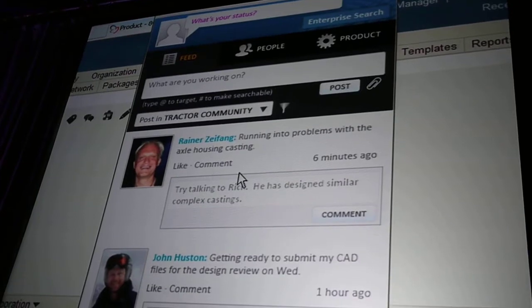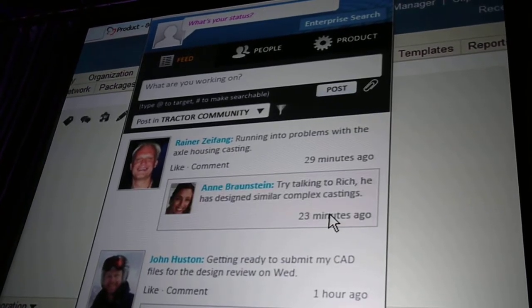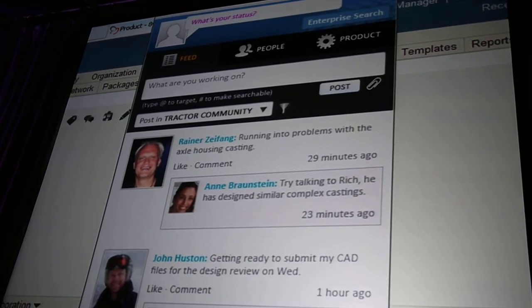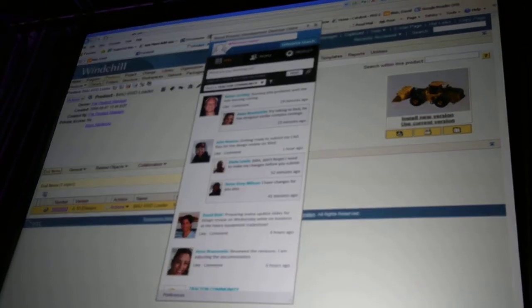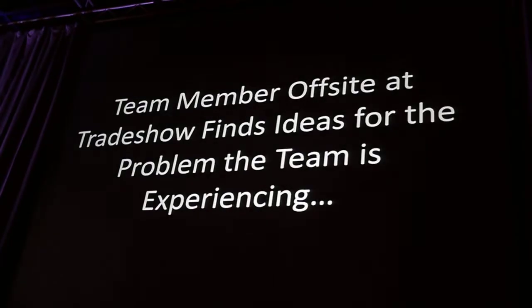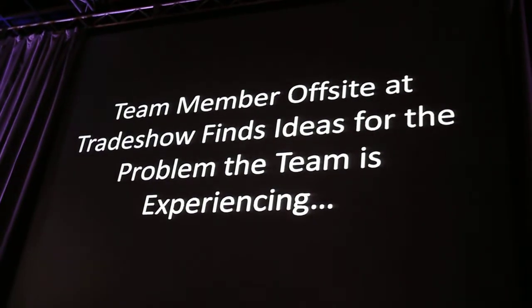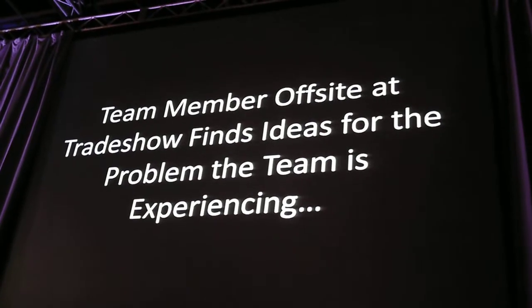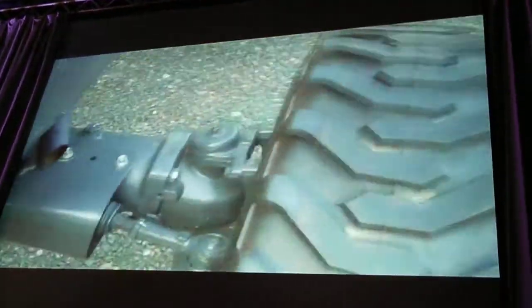In this case, we see one of the engineers is having a challenge with part of the design that he's working on. And that starts a communication thread, just very naturally and fluidly among the project team. One of those team members is off-site and happens to be at a trade show and sees that question or query from one of his team members and actually finds kind of an interesting, maybe potential solution to that problem